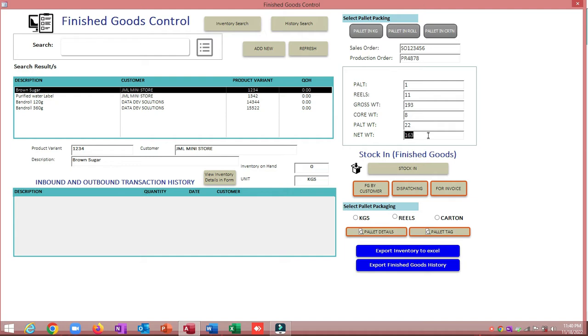Now we need to click this stack in, in order to add the inventory which we place in pallet number 1. So we need to click stack in, so 163. So again we'll click, let's say another,